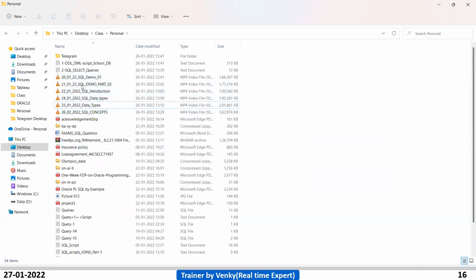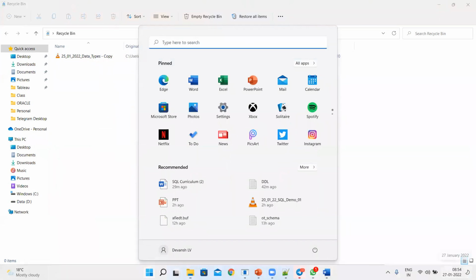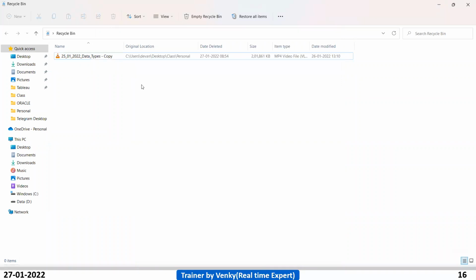See, the file is deleted. Previously it was empty. Now there is one file. When it was deleted, you can see the time now. When you delete the file, it is saved in the recycle bin.